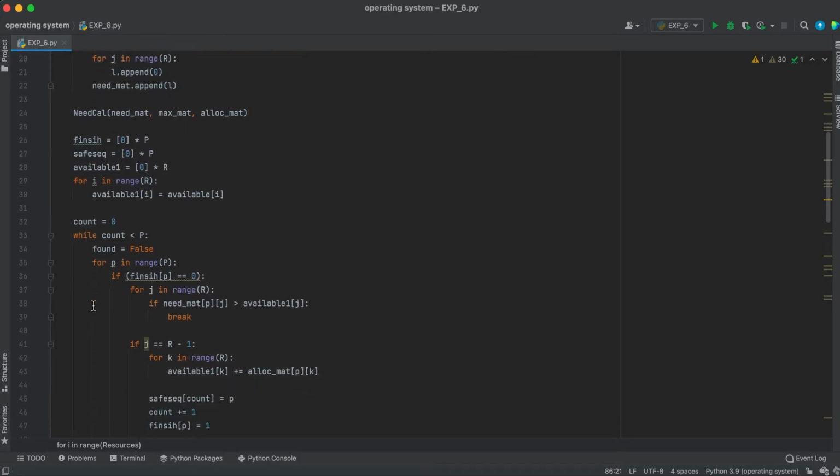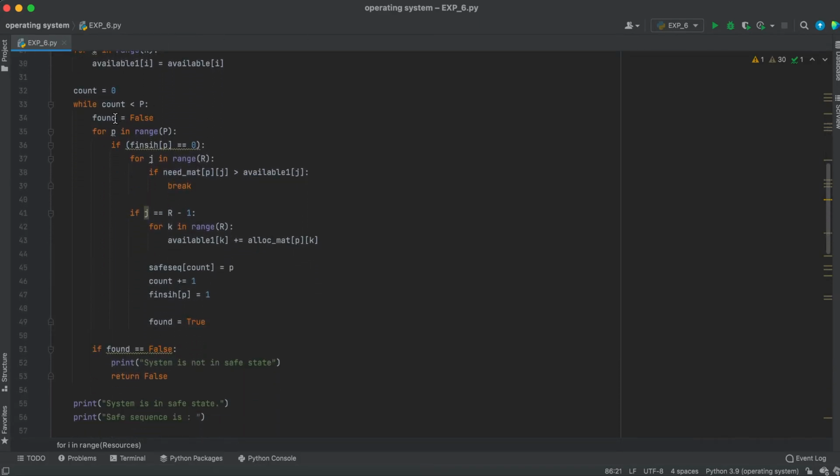Now while count is less than P, found is equal to false. For p in range of P, if finish of p is equal to 0, then for j in range of R, if need matrix of p and j is greater than available of j, then break. So this should be less than this: if available1 is less than the need matrix, then it will break.